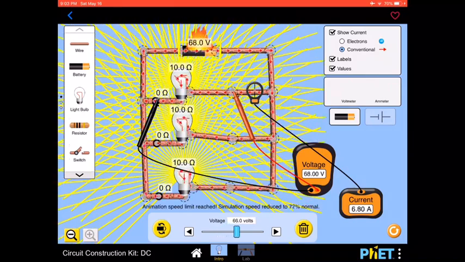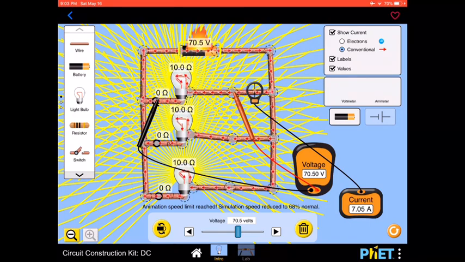As I increase more and more, can you see what's happening at the battery? That battery is working very, very hard. You can see it's virtually going to be burning out, right? And because of the voltage that's being dropped across these particular resistors, it means the battery is working hard. It's doing a lot of work, and